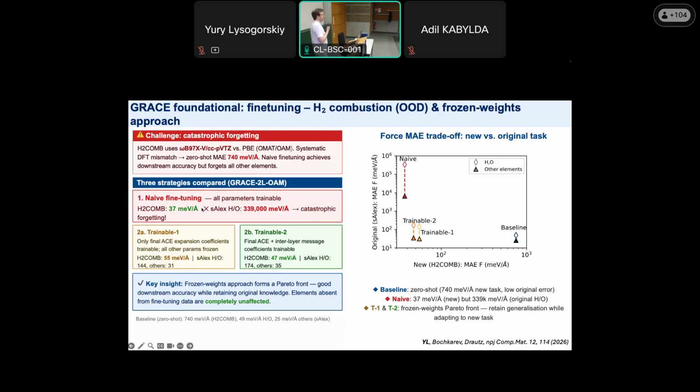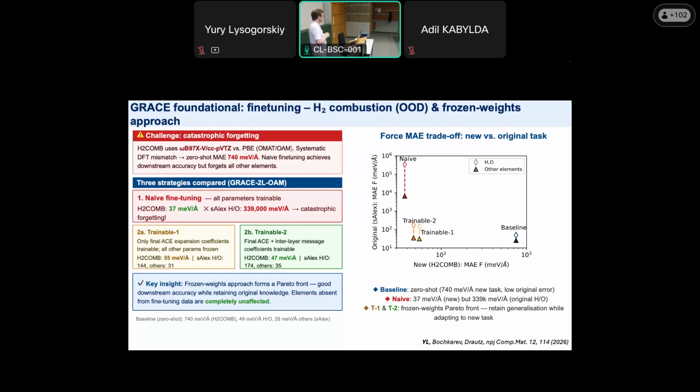So we have basically two possibilities to do this fine-tuning. The first one is so-called naive fine-tuning, when, starting from the pretrained model, we allow it to optimize all the parameters of this model. With this approach, of course, you can achieve the lowest possible error, but there is a problem with this, so-called catastrophic forgetting. Foundational models remember a lot of general configuration space features and peculiarities, and if you start to fine-tune it on some small or non-small data set, this may be forgotten during this procedure.